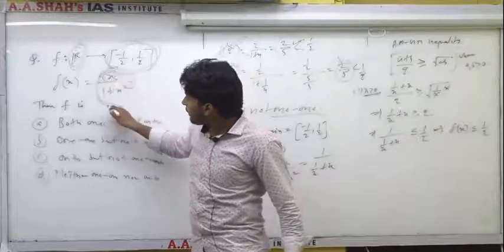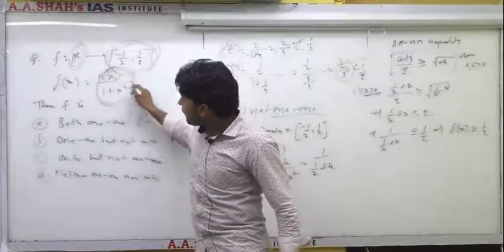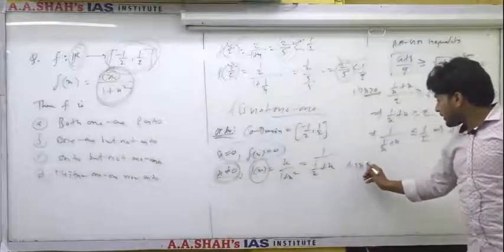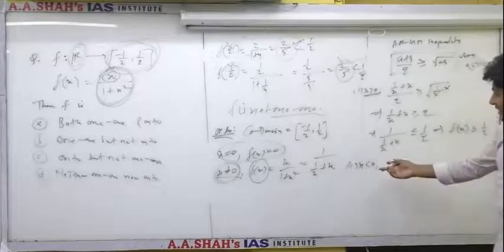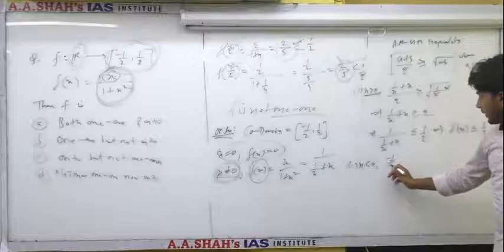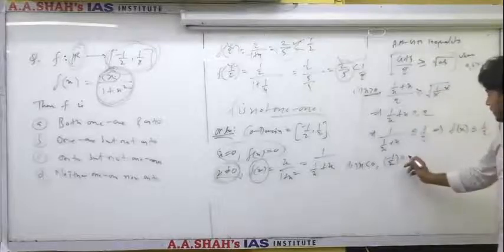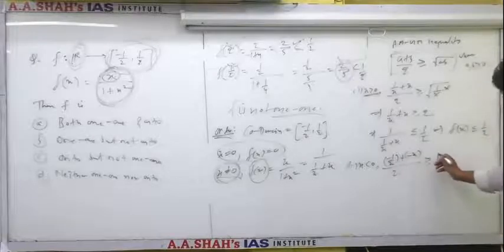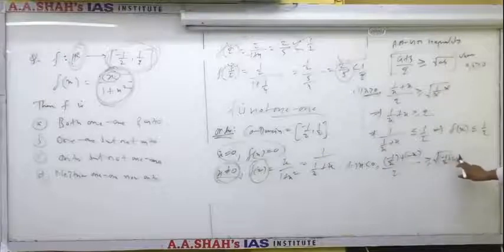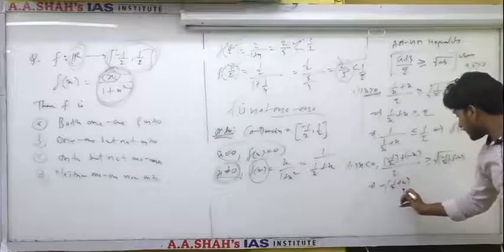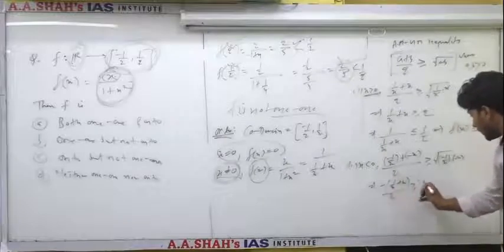As you can notice, when x is positive, f(x) will be positive. When x is 0, f(x) is 0. When x is negative, f(x) is negative. So we take the second case, when x is negative, so minus x will be positive. Put a as minus 1 by x and b as minus x. So we get root under (minus 1 by x) into (minus x). This is positive, this is positive. So we get (minus 1 by x plus minus x) upon 2 is greater than or equal to 1.